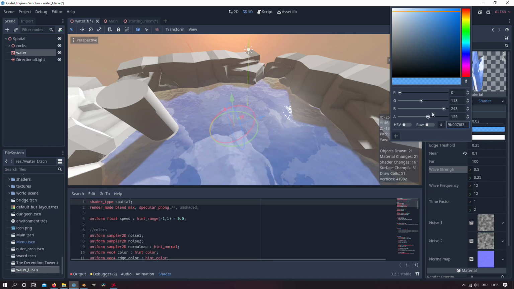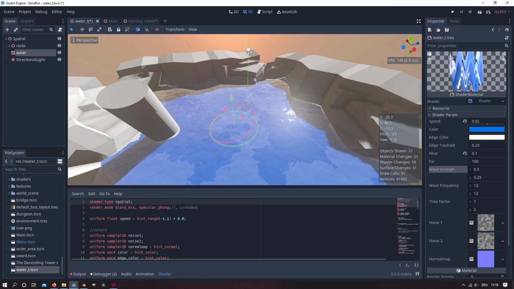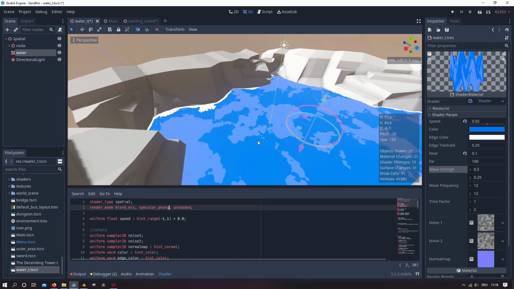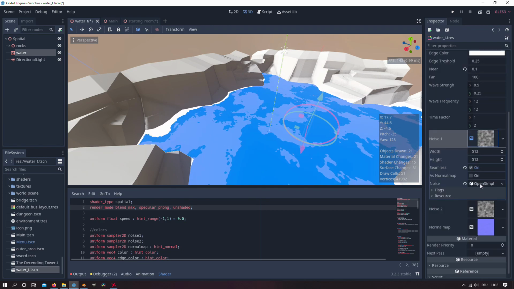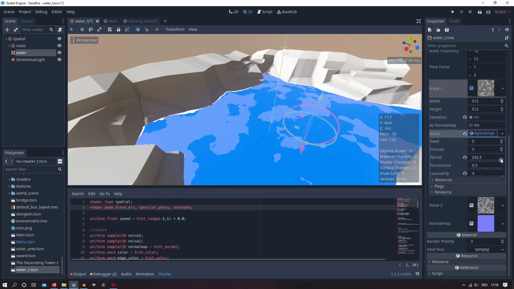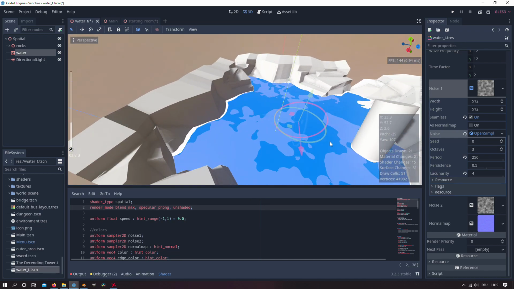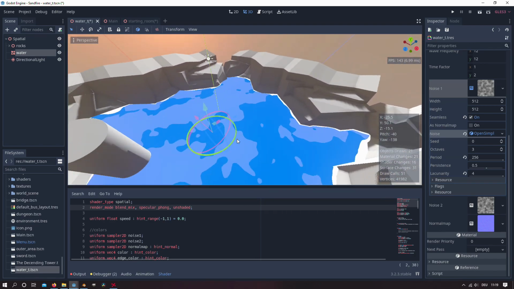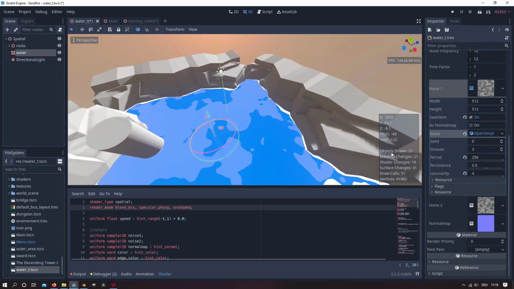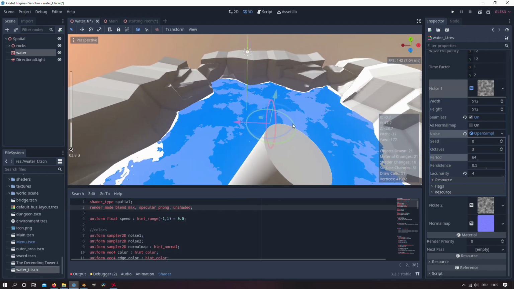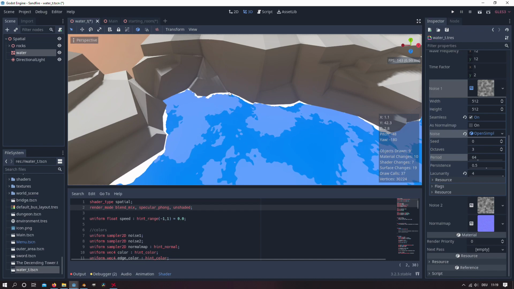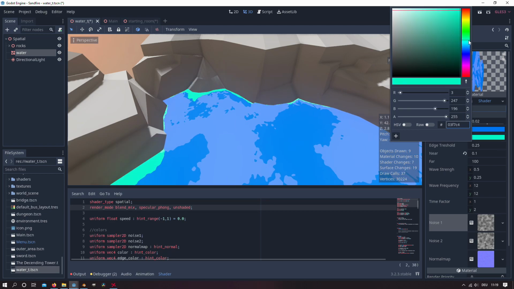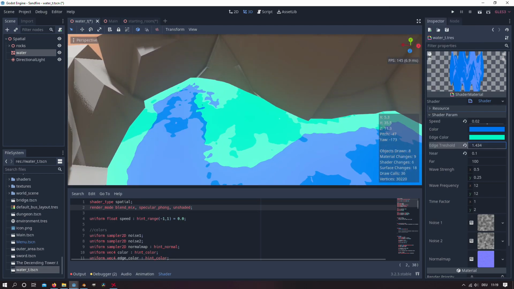You can also go for a very stylized look. For instance, if I turn the alpha off and enable unshaded, we have this look. And if you, for instance, played Zelda the Wind Waker, you can change the pattern of the noise so that the water has a look that is very similar to the water from Wind Waker, in my opinion. You also have a ripple effect on the water that is also adjustable, so you can change the color of the edges, and you can also increase or decrease the scale of the